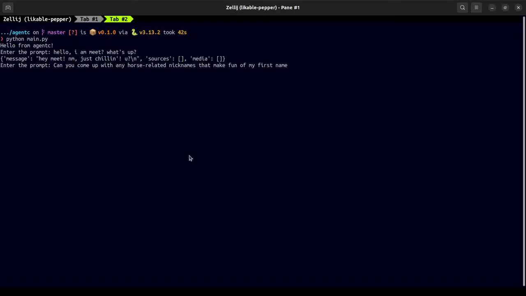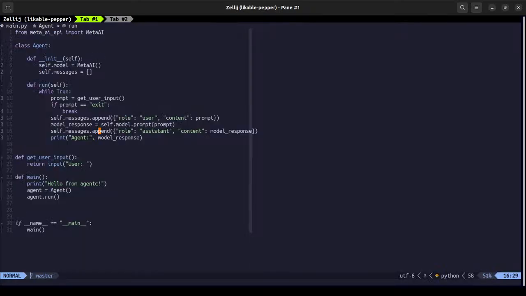I am not creative right now. Okay, it does have the context, which is a nice thing. And yeah, let's actually not print that way.